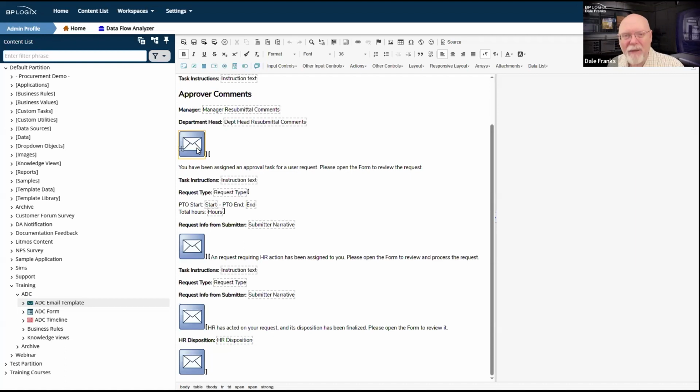But even if I had not put a separate email data control into each one of these sections, if I just made one email data control and stuck it up here at the top, it doesn't matter where you stick the email data control, it's not a control that appears on the email message itself anyway.